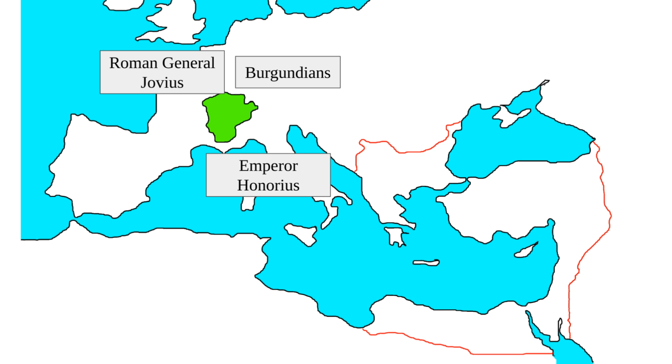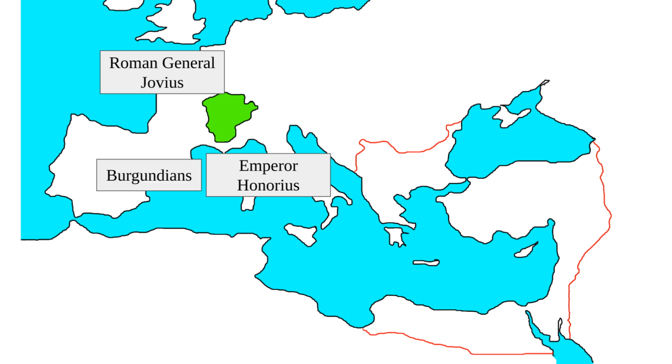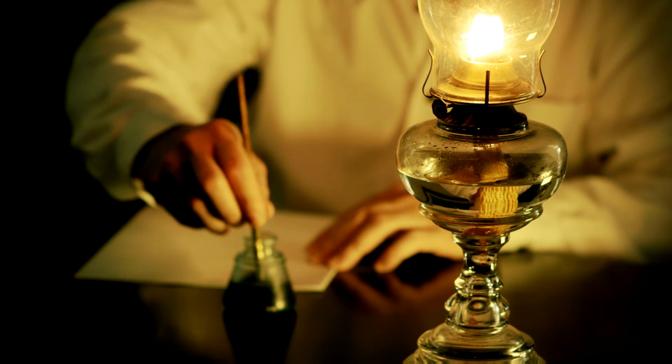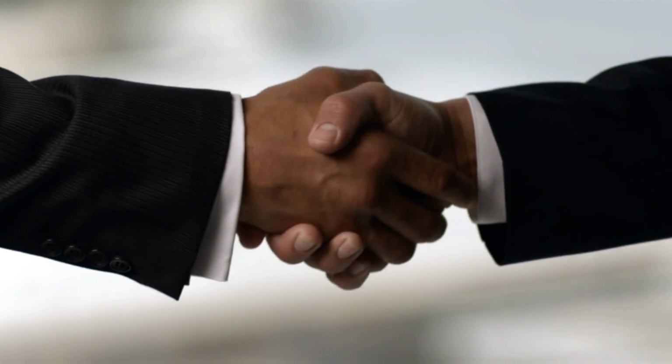A question that you might have is, well, how did Honorius manage to make the Burgundians switch sides? The answer is, I don't know, and I am not going to go into details in this video. Just know that the Burgundians switched sides from the revolting general Jovius to Honorius' side. What is important to notice is that the Roman general Jovius asked them to come into the empire, and then the Emperor Honorius solved the issue by incorporating them into the empire.